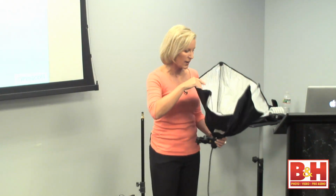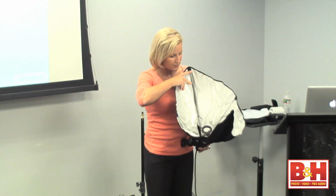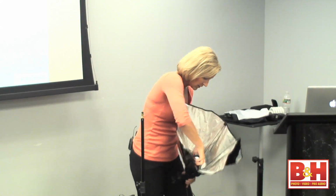And you want to kind of be careful. There's Velcro around this, and I'm going to show you why in a second. Now inside, we've got this big reflective part of the softbox. This helps push the light out a little bit, reflect the light. And there's a plastic ring that's going to go over the light socket. So you got to push that down. I'm going to push it down